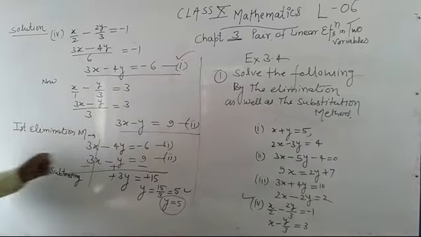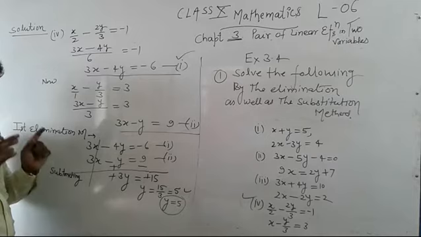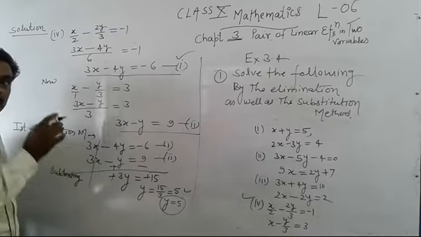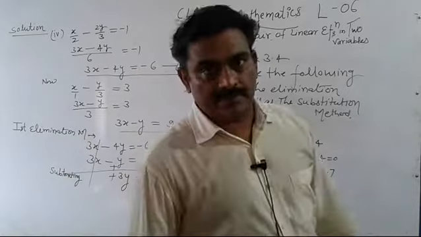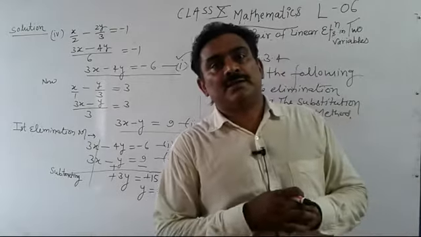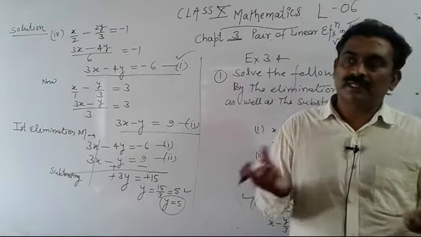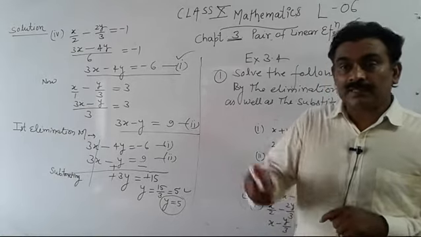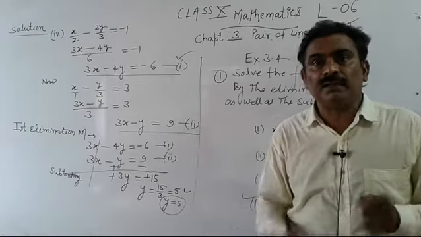After writing both equations, first of all we see whether the coefficients of any one variable are equal. Certainly here, the coefficients of x are already equal. If coefficients are equal, then we think about the sign. In case of elimination, first we equate coefficients, then we see the sign. If there are the same signs, meaning either both are positive or both are negative, then we subtract. But in case of opposite signs, meaning one is positive and the other is negative, then we add.